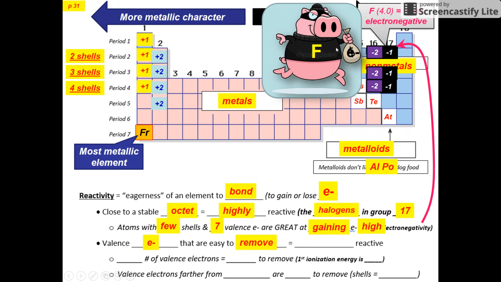Okay, now going on to this next bullet point, valence electrons that are easy to remove, like over here, elements with only 1 or 2 valence